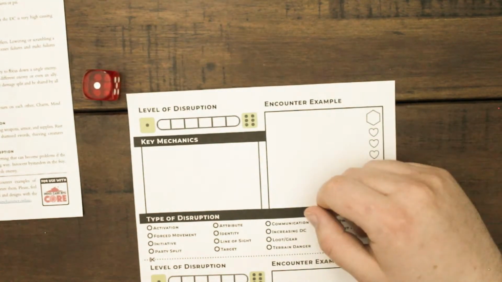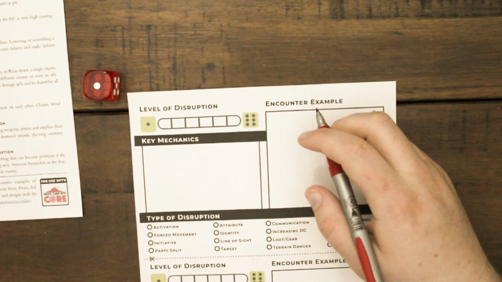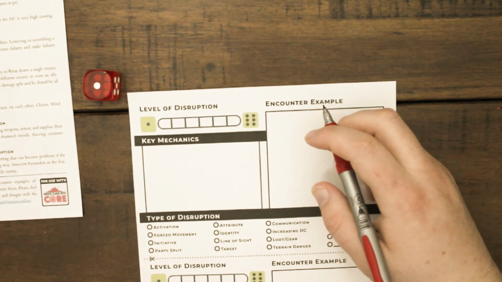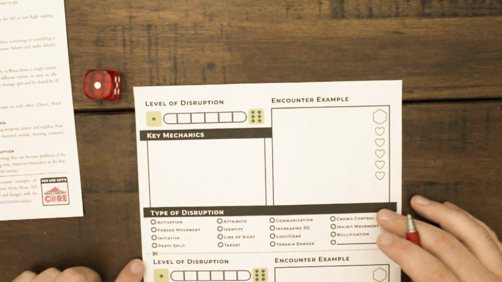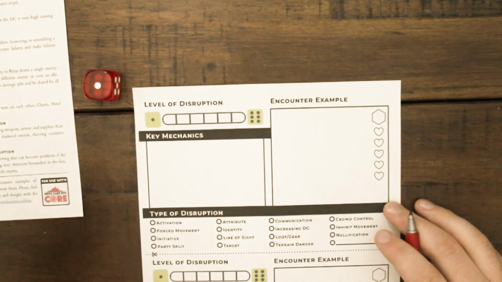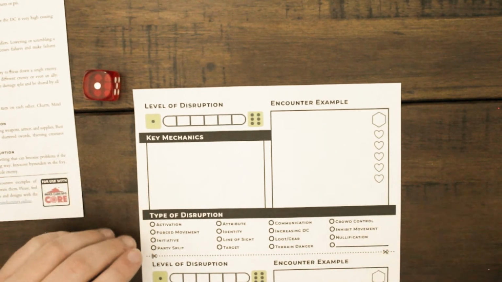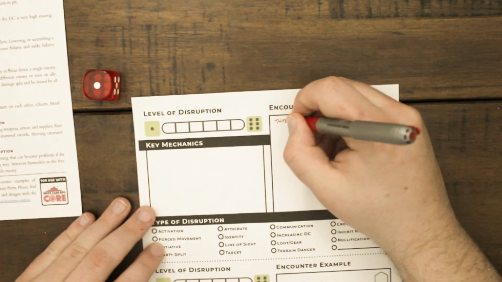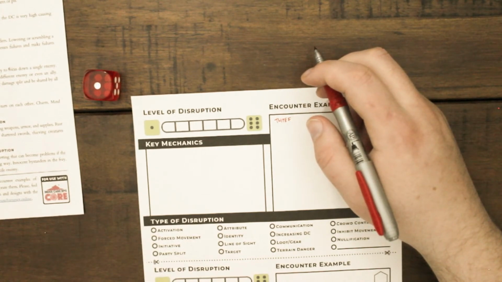Let's see kind of, what if we roll the disruption dice for each type of disruption, for example? I could. That's a lot of types of disruption, but we can go through a couple. So let's start out with your scenario. So we have a thief. Okay. We have a thief, and